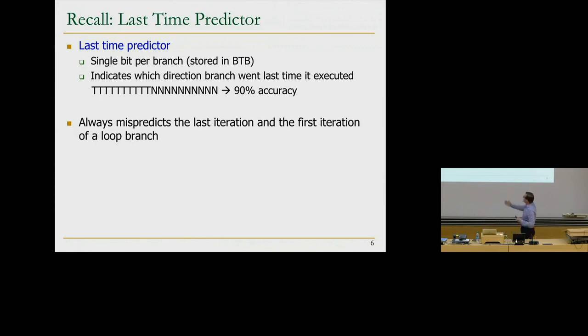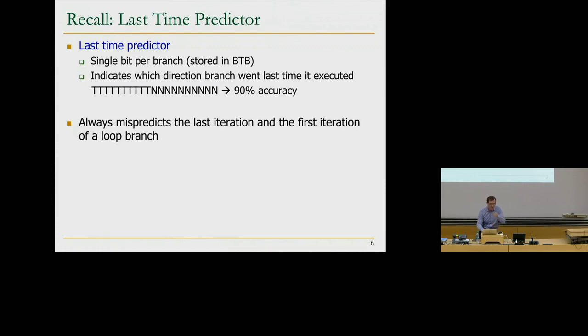Of course, there's a downside. If you do this sort of thing, you always mispredict. You're guaranteed to mispredict the last iteration and the first iteration of a loop branch. So, for now, ignore the remaining ones over here. If you look at a loop branch that is taken 10 times, and the 11th iteration is not taken, basically it's a loop that executes 11 times, let's say. And if you keep looping this way, then you're going to mispredict the last iteration of the loop,